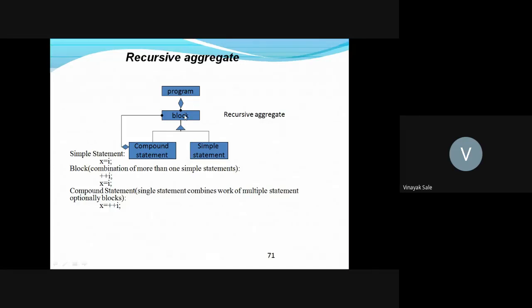A block is a kind of compound statement or simple statement. Then a compound statement has a block. It is a recursive aggregate.